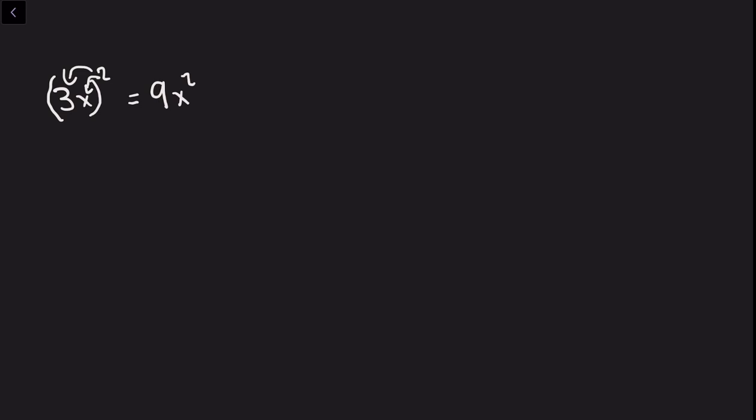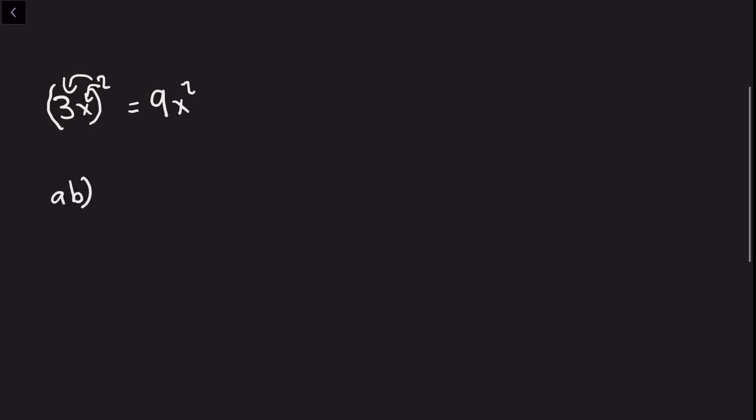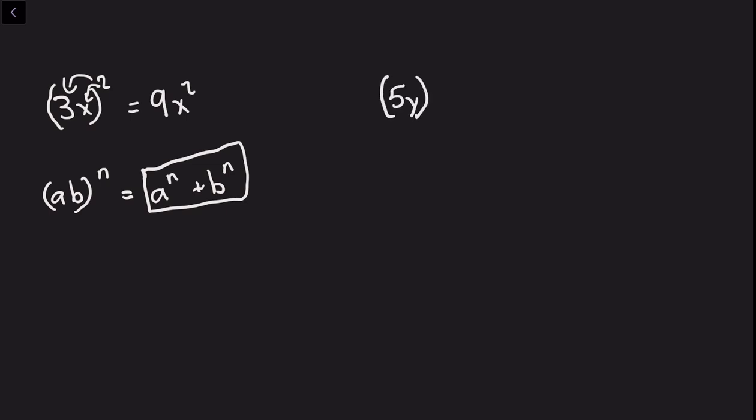So a general formula for this would be if we have ab to the n power, we can rewrite it as a to the n power times b to the n power. And this is the power of a product rule. We're multiplying these two terms together, the 3 and the x, and the power is going to the product of that, 3 times x. So let's look at another one just to clarify. If we have 5y all raised to the third power, similar example that we saw before, we can rewrite it as 5 to the third power